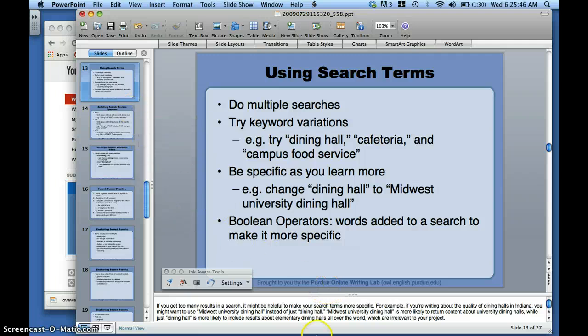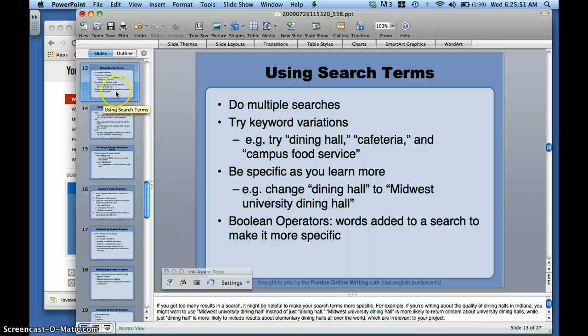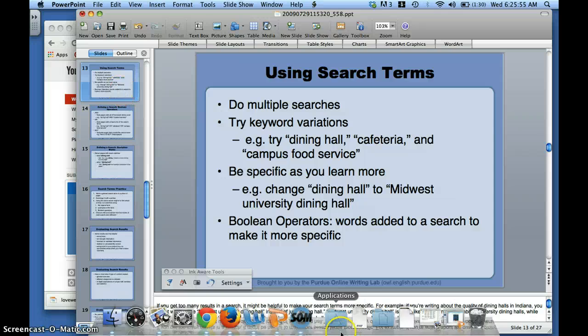So I think I'll pause it there, and hopefully that's been a good introduction to using online searching tools. This will be part 1 of